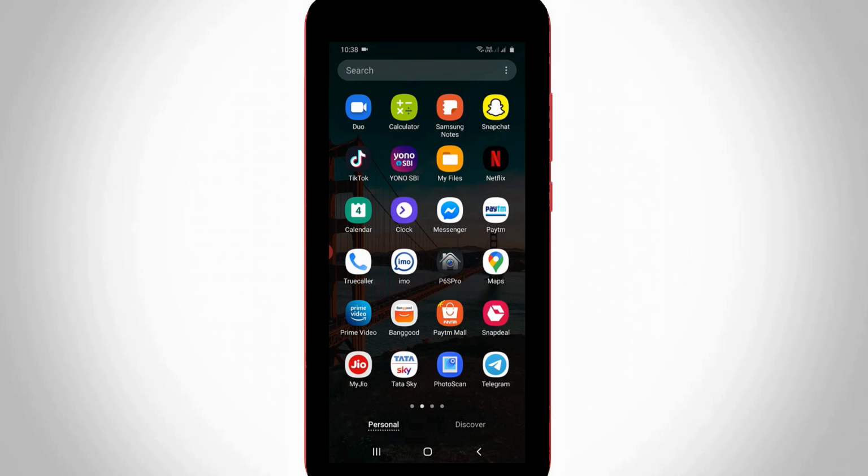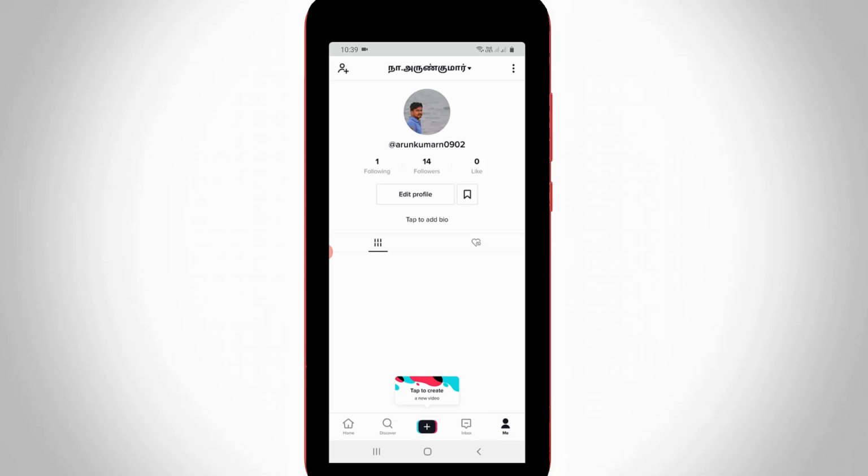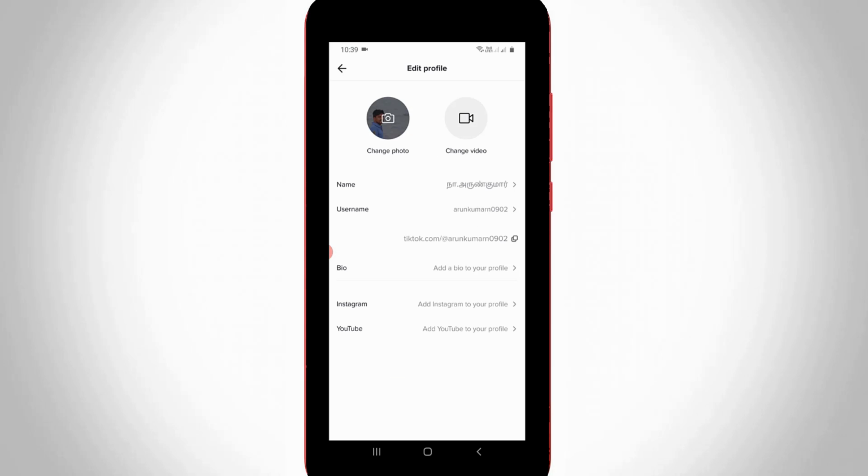So first of all, open your TikTok mobile application. Now in this homepage section, you can press this Me icon, and it is placed at the bottom, the fifth one, and it shows my TikTok profile informations. So here you can press the Edit profile option, and this will help you to change your profile photo, username and